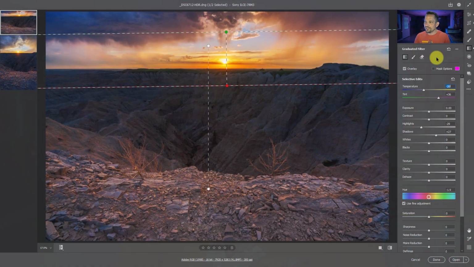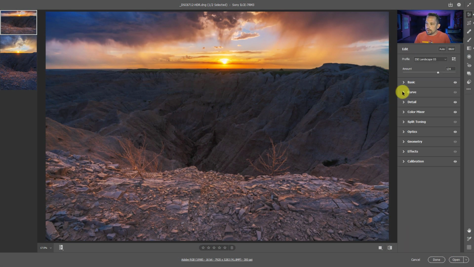I may go in here and do individual tutorials on each one of these to discuss these things, but really what I want you to do is experiment because it's fun. They've made it fun. Photoshop is fun. It shouldn't be a chore. Adobe Camera Raw is fun. Get your hands dirty. So I'm gonna go over here to the basic adjustments, and in those basic adjustments, we